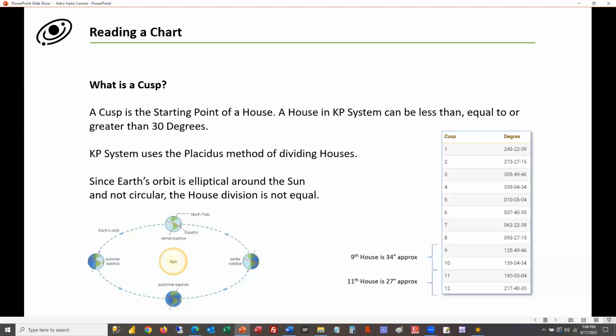Now, basically, if you look at Earth's orbit around the sun, the natural orbit, you will notice that it's not circular in motion. It is elliptical. You can see here, it's elliptical. So what happens is, if I make a circle, let's assume a pizza, perfectly 360 degrees, and I make 12 pieces of it, everybody will get the same size of pizza. But if I take an elliptical pizza instead of a circular one and start dividing, it will never be equal for everyone.